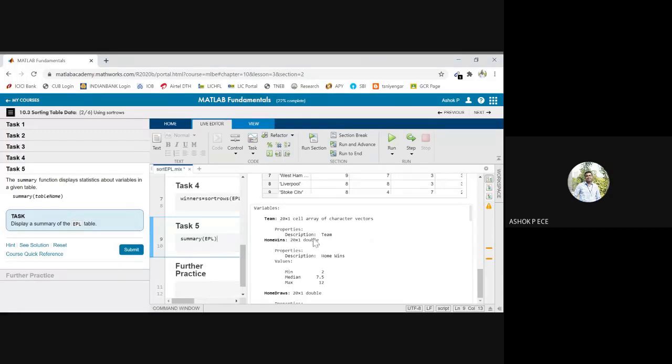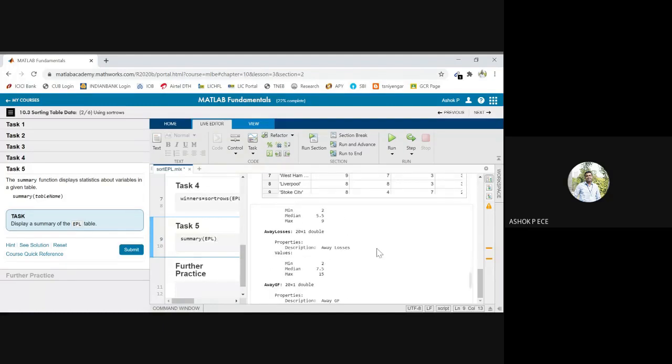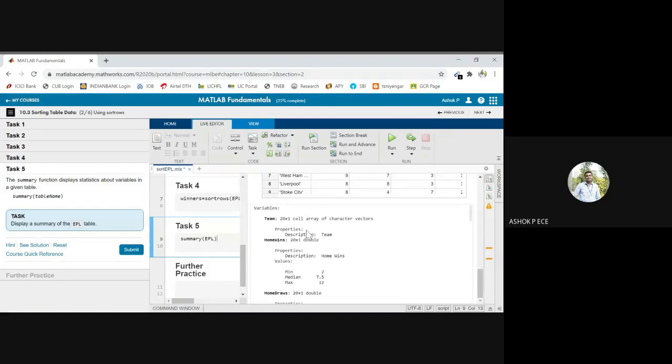For home wins, the minimum value is 2, the maximum value is 12, the average is 7.5. It has 20 rows and one column. Very good. Same way, you have minimum, maximum, median for all of them. So it is the statistics of the given table. For numerical data, it will give minimum, maximum, median, and for any string data, for any character data,